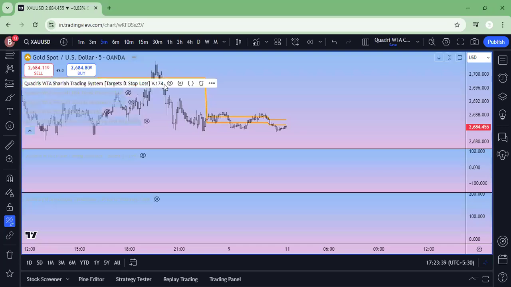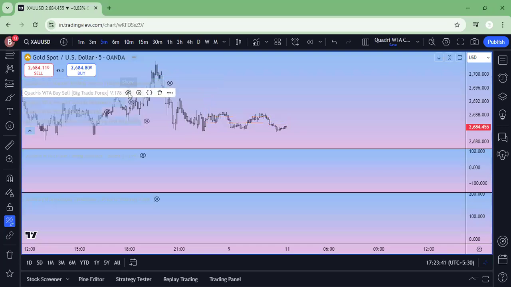Second thing, this is the 178 version. The name of this indicator is Buy Sell Big Trade Forex. Actually, this is a big trade indicator. Big trade indicator means you would be in a position to initiate a trade. For example, if price is breaking out, there are two ways to trade based on this one. Either you look for a pullback to this particular line, or you buy on the breakout,